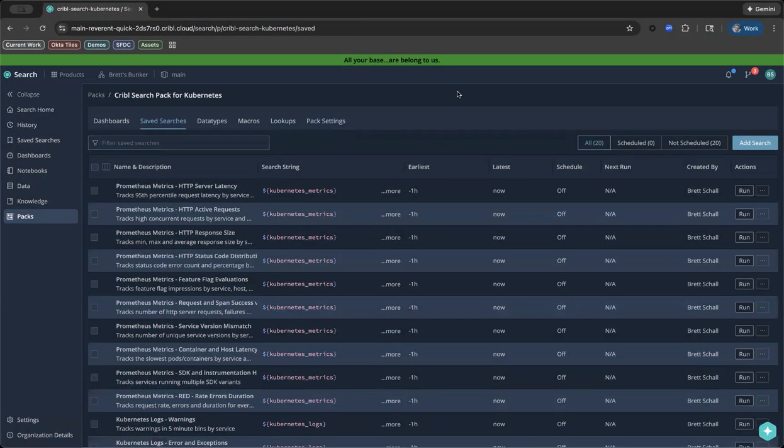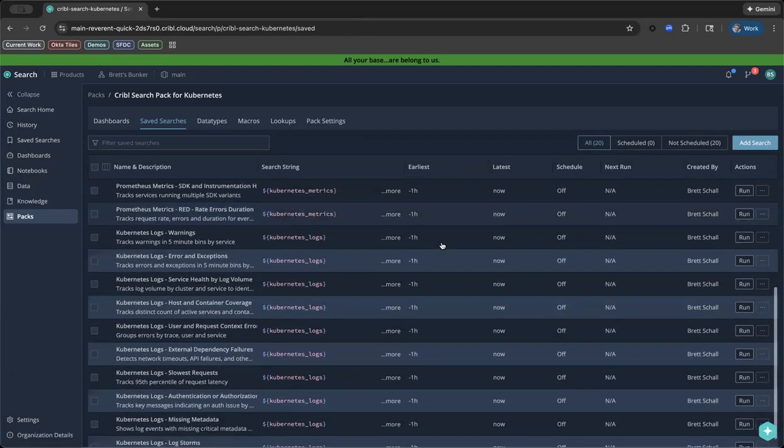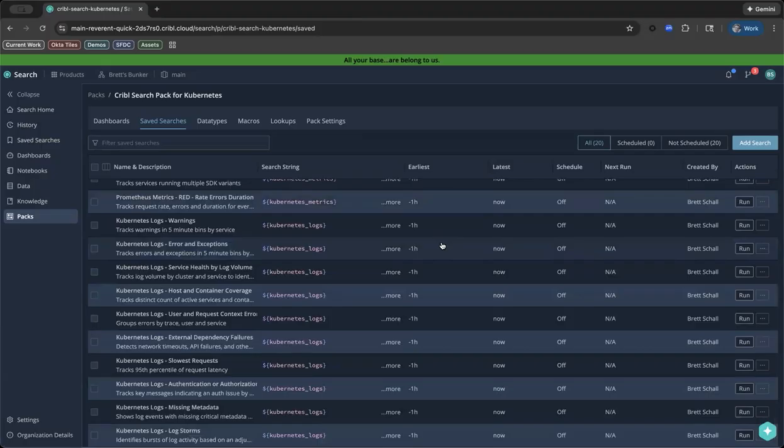This is a brief overview of the Cribl Search Pack for Kubernetes. The Cribl Search Pack for Kubernetes comes with 20 saved searches across two data categories, 10 for Prometheus metrics and 10 for Kubernetes logs. These searches explore your log data to help monitor the health and status of your Kubernetes